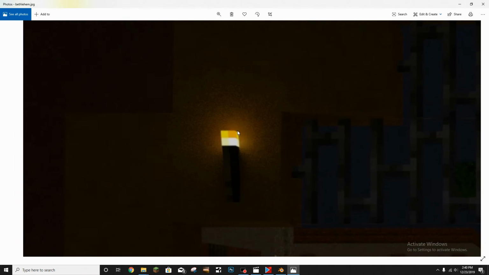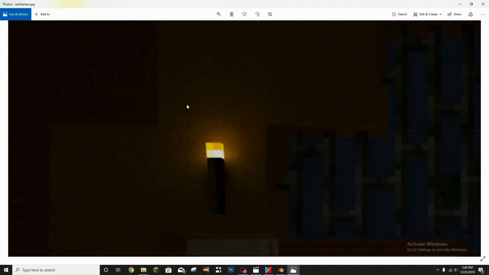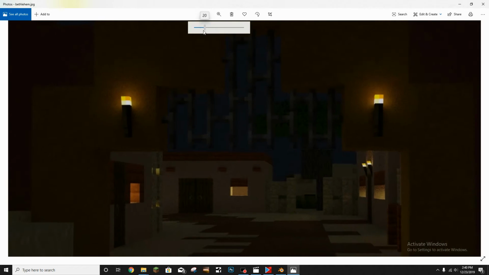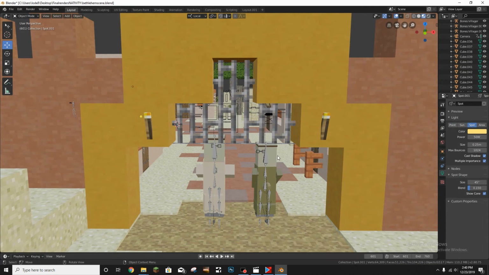And then when the torch hits this clay right here, it's just like a mess of noise. And I was like, okay, this is really annoying. How am I gonna fix that? So I ended up finding